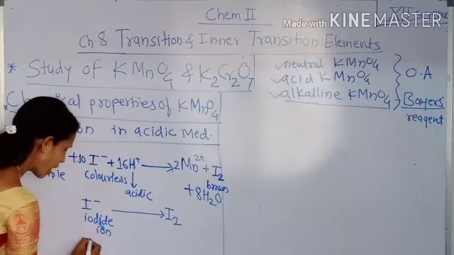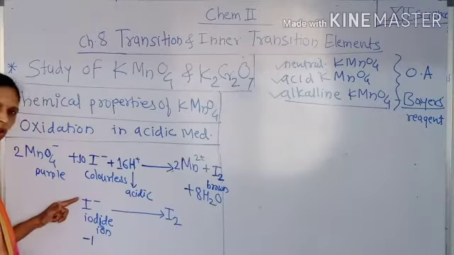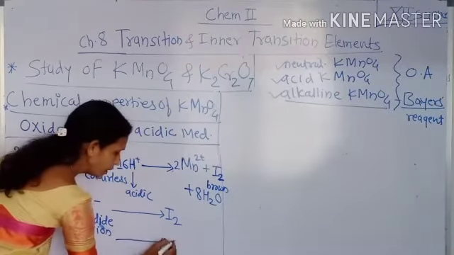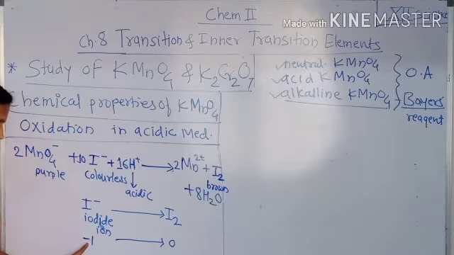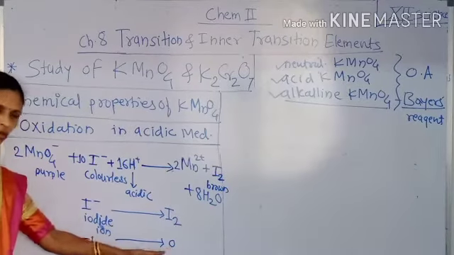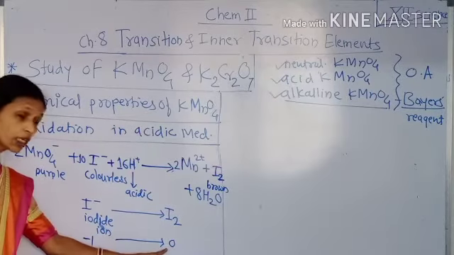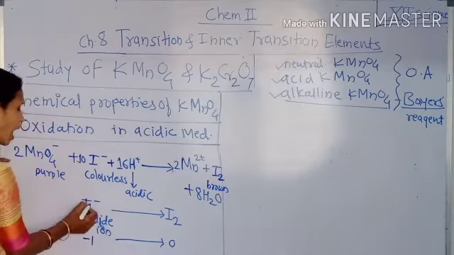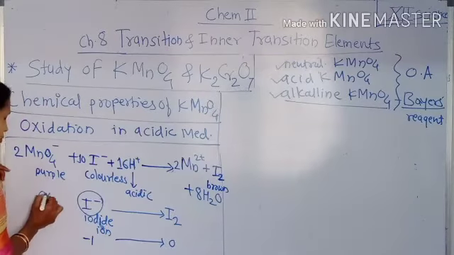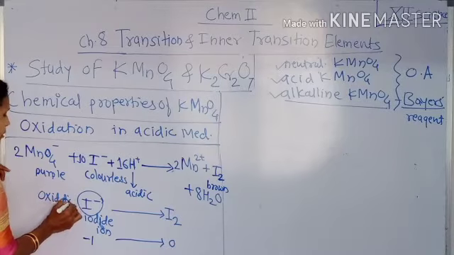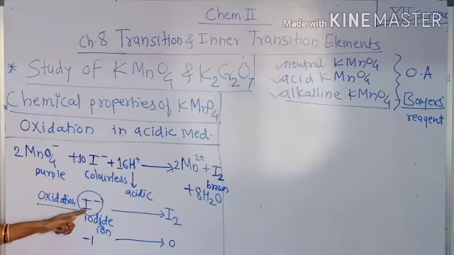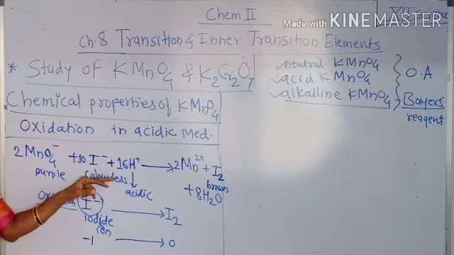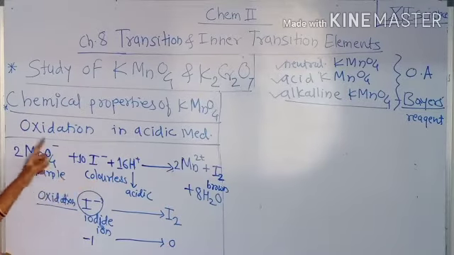That means here the -1 oxidation state of iodine is converted into its molecular form, where it is 0. That means here the oxidation number of iodine increases, -1 to 0 means it increases. That means here the I minus ion undergoes oxidation. That means oxidation of the iodide ion takes place into iodine, and the oxidation of that I minus ion is because of